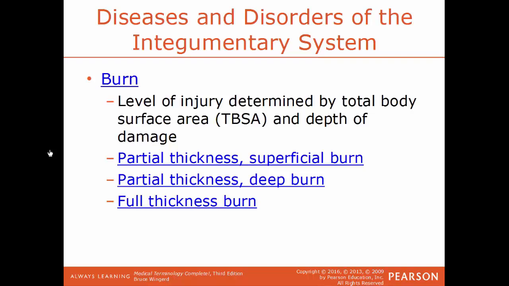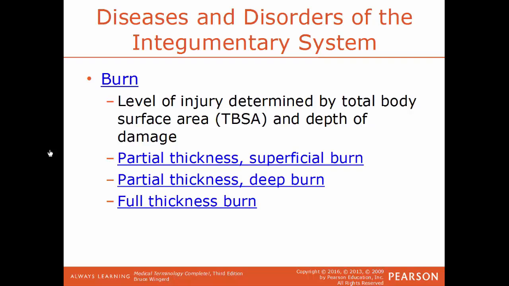The next one, burn. This is an injury to the skin due to a fire or a flame of some kind. There's a wide range of severity of different kinds of burns that you can receive. Some are not that big a deal. Some are very life-threatening, depending on how widespread not only the burn is, but how much of the body does it cover. And the terms that you see here